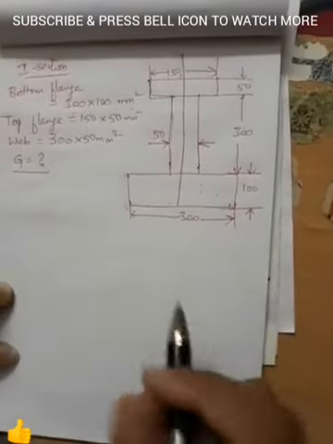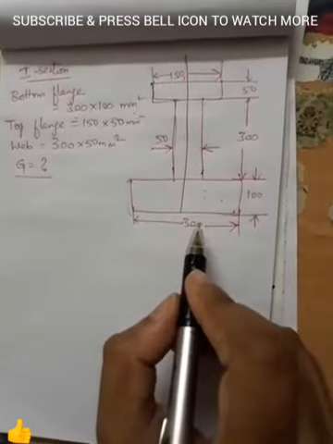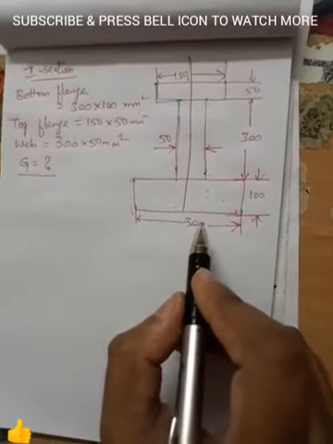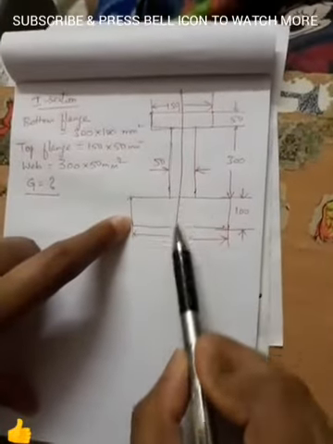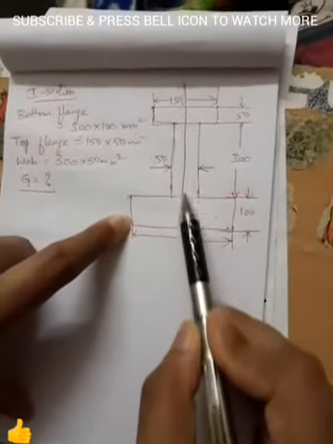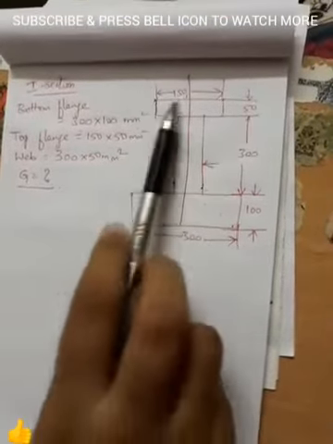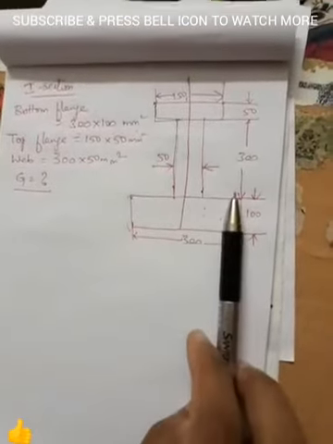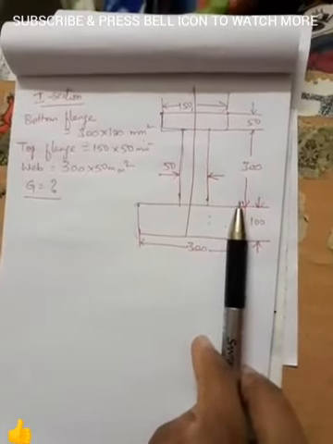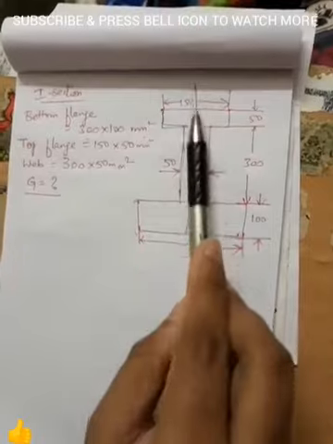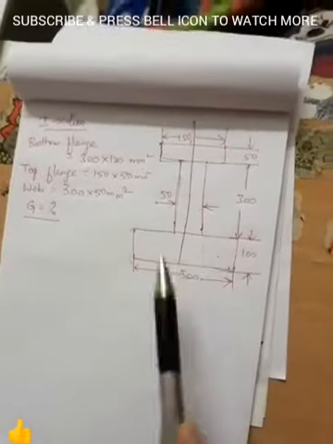and vice versa. Now a centroid is actually a point where the entire thing gets balanced, or in one word I can say that the centroid must be lying on the axis of symmetry, right? Because this portion is balanced by this portion, and centroid must definitely be in the balancing position. When will it be in the balancing position? Only when it lies on the axis of symmetry. So I am considering this to be the axis of symmetry.